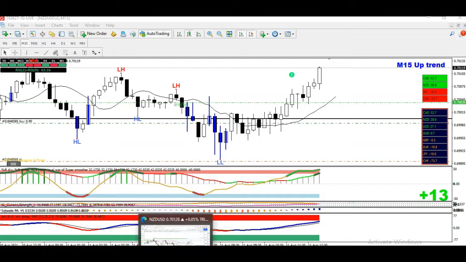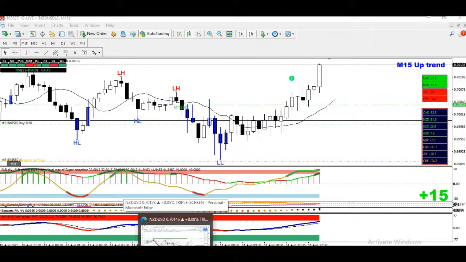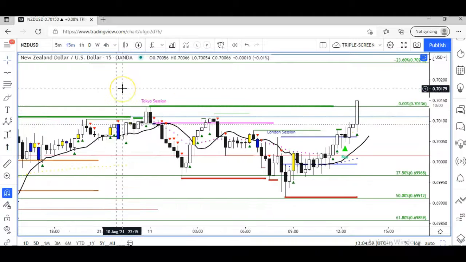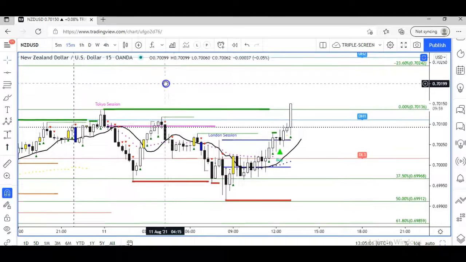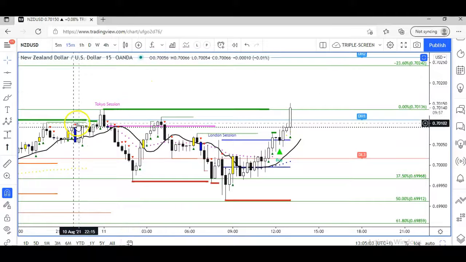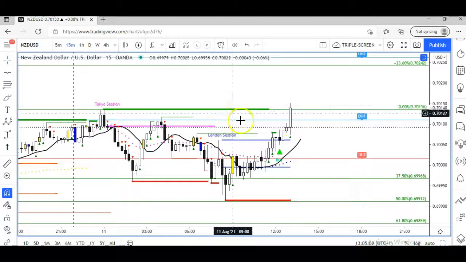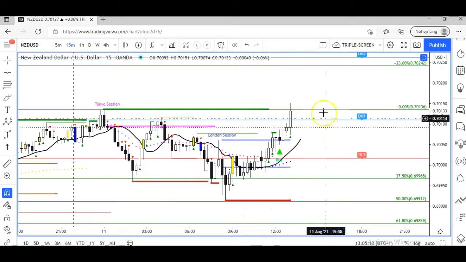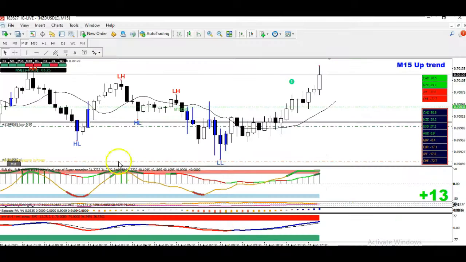Okay, this is the second part of our video on the New Zealand US dollar. So on this candle we have the daily breakout, and we are breaking above the momentum high that was created during the Tokyo session high. Okay, so that's that. So I just wanna use this opportunity